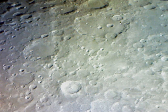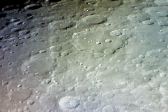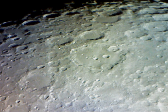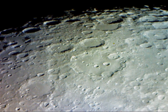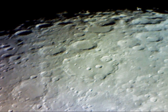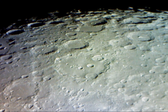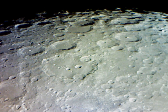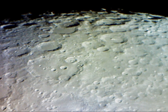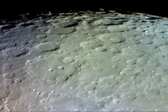Look, there's our crater with the 4 craters in the middle that we see all the time. And now we're heading almost to the edge. And you can see the wavy action. The wavy action is not me bouncing the scope or doing anything. It's just atmospheric skies. Okay. And now look there. There's our mushroom forest right there and right there. Let me try to make it a little darker. Okay, that's good. Now let's go down